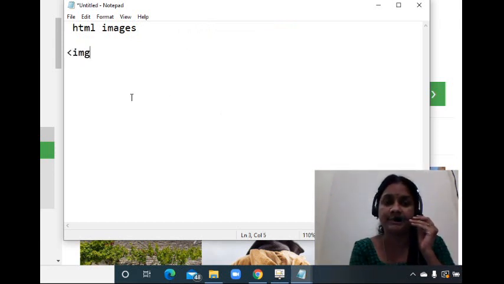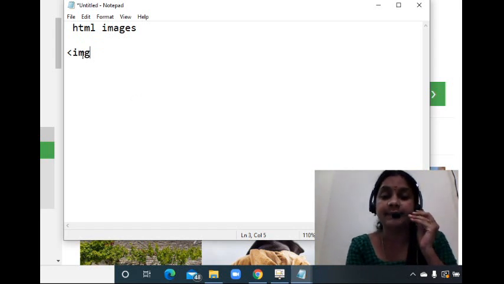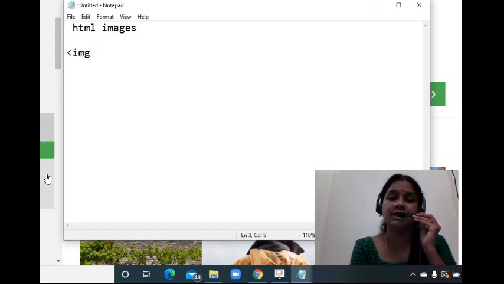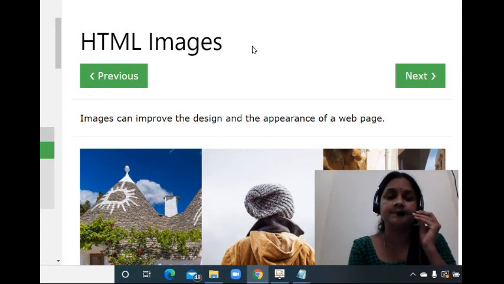How to remember? The letters img are there in the spelling of images. In the same way, you are going to use the img tag. You are going to use a tag, and that tag is known as the img tag. Is it clear, all of you?